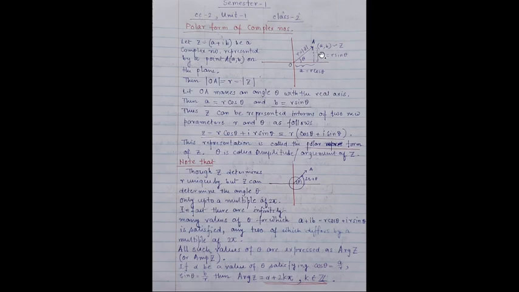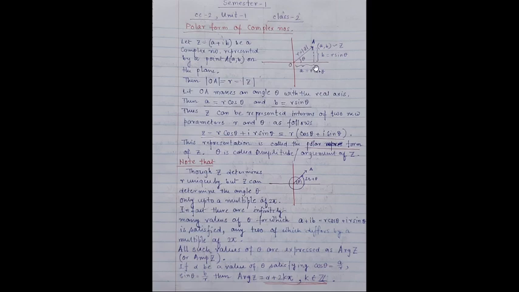As earlier we have seen in this picture, point A represents the complex number Z, that means the point (a, b), and we join O to A. This length OA is called the modulus of the complex number Z, and it's denoted by r, and you know that this distance can be calculated as root over of a square plus b square. Now, if this angle be theta,